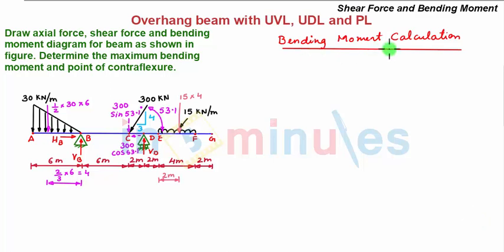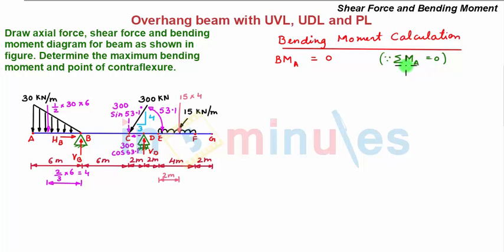Now let's do the bending moment calculation. Again we consider point A as origin and we move the section from point A towards the other extreme end, point G. So when the section is at point A, the bending moment at point A is equal to 0, since we know that summation of all moment about any point, and when that point is A, will be equal to 0, which is a static equilibrium equation.